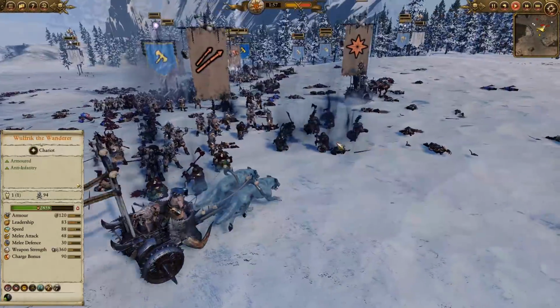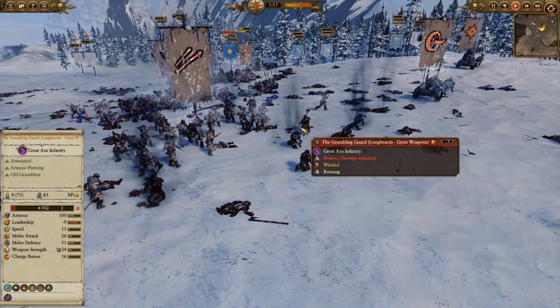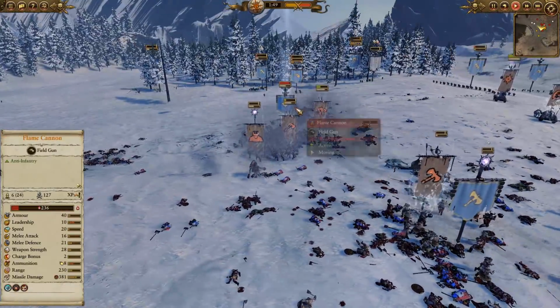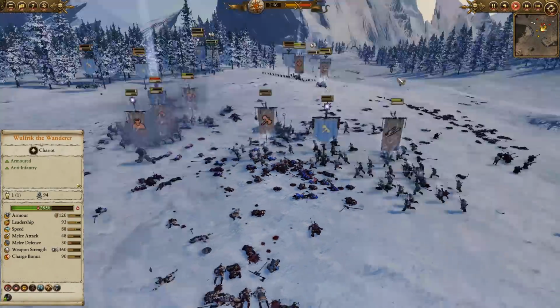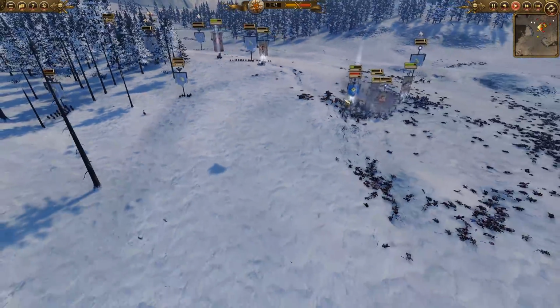We do use the Melkoth Mystifying Miasma just to give a little bit more negative leadership to them. Even though it doesn't hit their leadership, the damage still will. So we break the Grumbling Guard, and at this point, it's basically just Gromby versus the world. So we have a ton of Marauders, we have some Famir. Wulfric is going to be going around just making sure the Dwarves don't get any reinforcements, because my